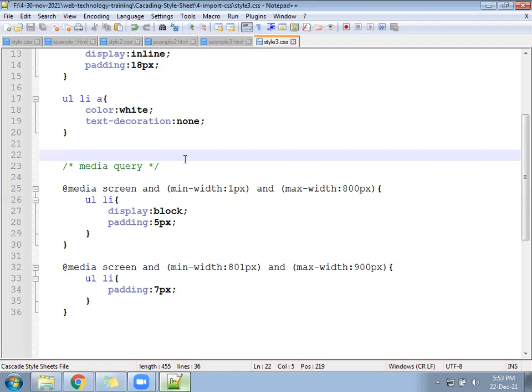As per Bootstrap 3, it has small, medium, and large. Bootstrap 4 has extra small, small, medium, large, and extra large. And Bootstrap 5 has extra small, small, medium, large, extra large, and double extra large. So how many types? Five categories according to Bootstrap 5, 3 sizes according to Bootstrap 3, 4 sizes according to Bootstrap 4. Okay, so let's keep learning.